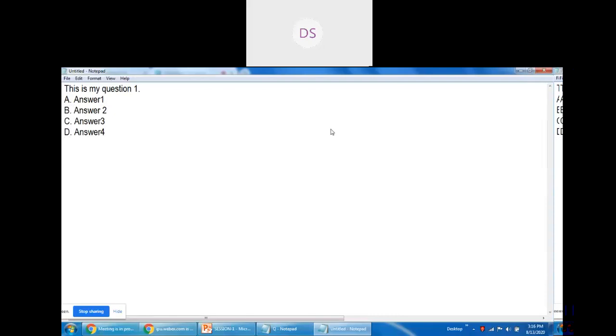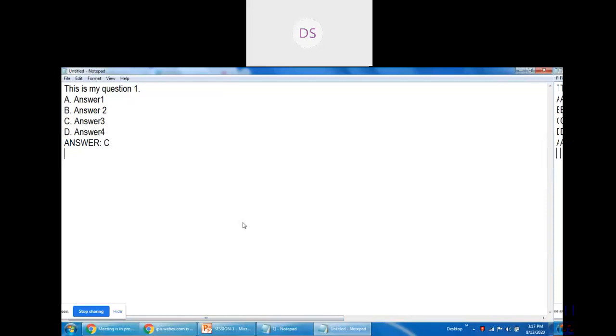Now you need to give the appropriate answer. You need to give the option which is the correct answer. So the way to write the answer is to write this word ANSWER in capital and then a colon and then a space, and which answer is correct. This is just a structure of the question. In this case, I assume my C answer is correct.